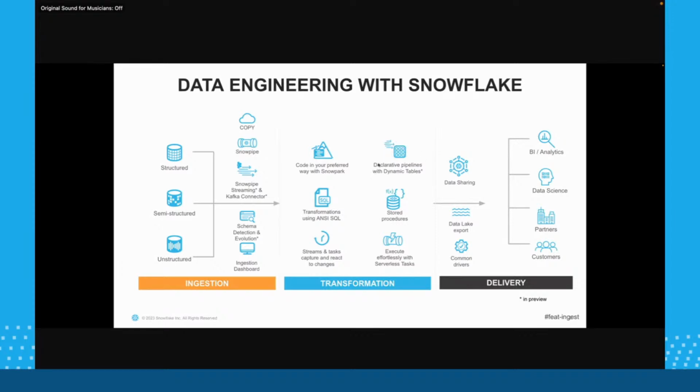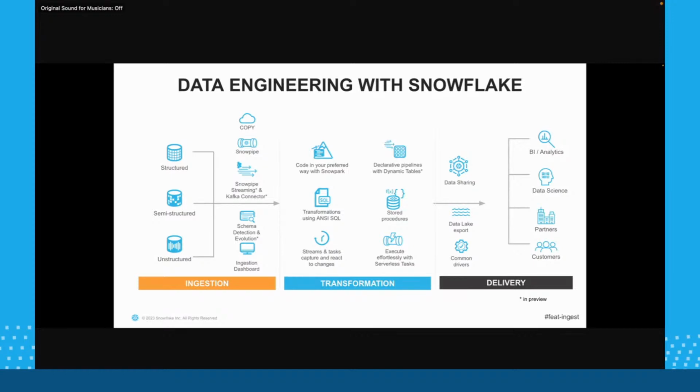Okay, so we have dynamic tables. Now again, dynamic tables are private preview. We will deep dive into dynamic tables at the end of the presentation. I do have a dedicated slide for dynamic tables, but just to give you an overview of what dynamic tables are: dynamic tables are a new type of tables, and you can automatically refresh a dynamic table. You don't need tasks. So we will deep dive into dynamic tables a little later. Moving on to the data delivery part.